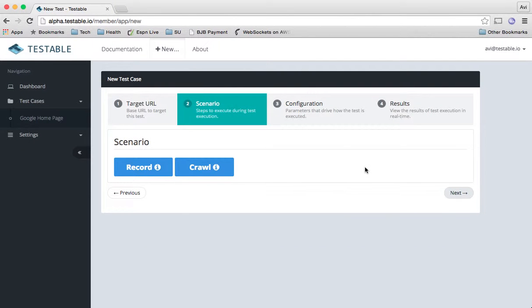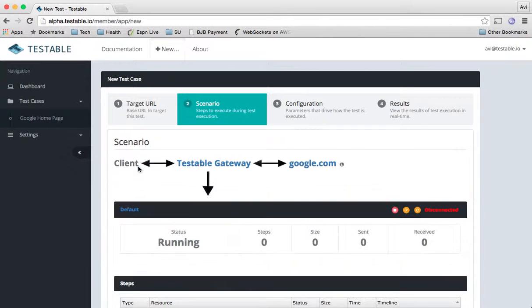At this point, we need to define the scenario that we want to run over and over again as part of our test. And at the moment, the only way to do this is by creating a recording. So this will change in the future. So we go ahead and start to record our scenario. And what we see is that